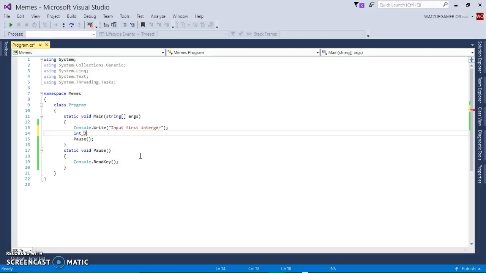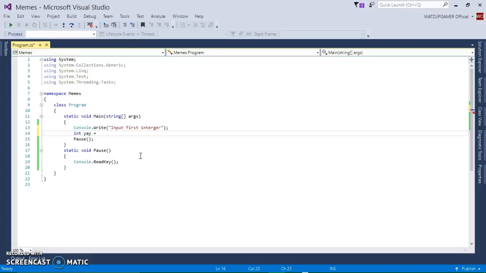Oh wait, I think it's because there's already an integer. Alright, we're just gonna add a new integer actually. We're just gonna call it yay, no caps, integer yay